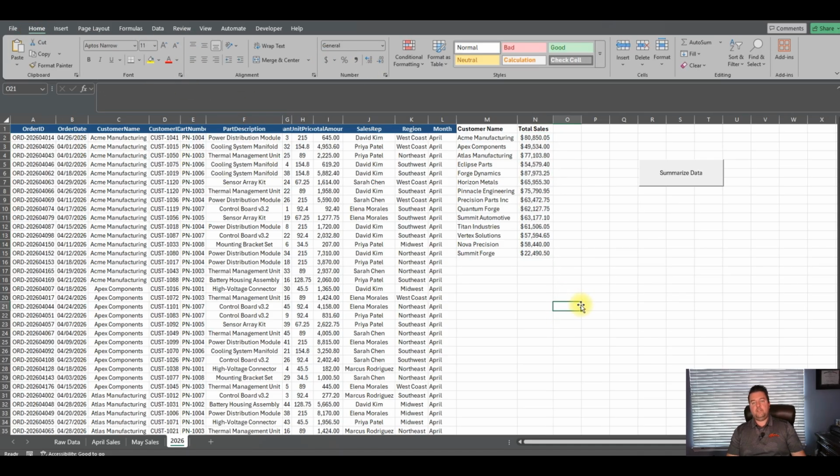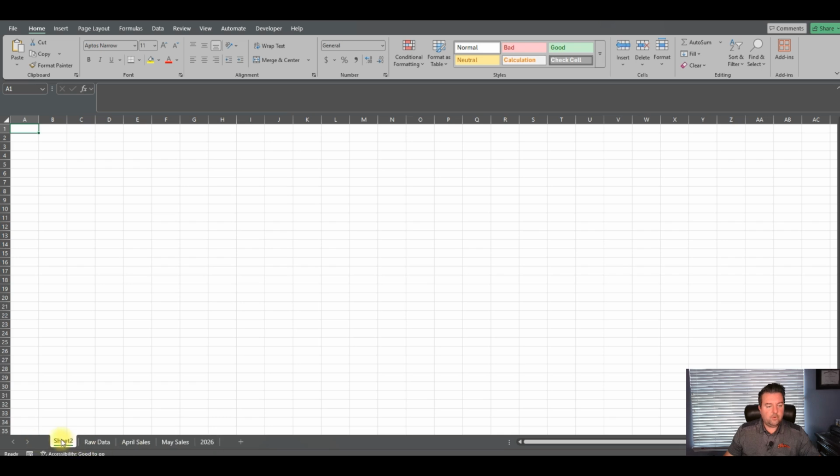we've got enough of a baseline here where we can start to do things. What I typically do when I'm setting up my spreadsheets like this is I will include another sheet up front, and this is where I put all the data visualizations and summaries that I want to do for my data, and the reason I do this is because I want up front a place to go where I know I can quickly see things, and then I can dig into the data if I need to.